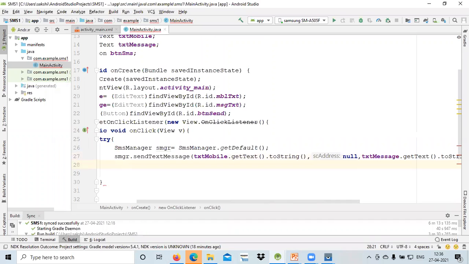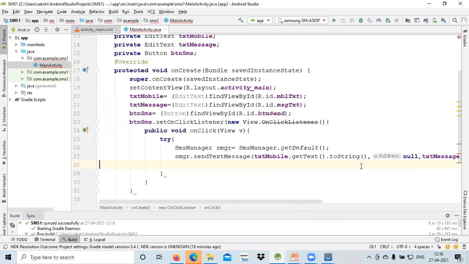Now the next thing is that we need to pass that particular message toast. So if a particular message has been passed, what will happen is that we will pass the toast message over here. So that is Toast dot make text.